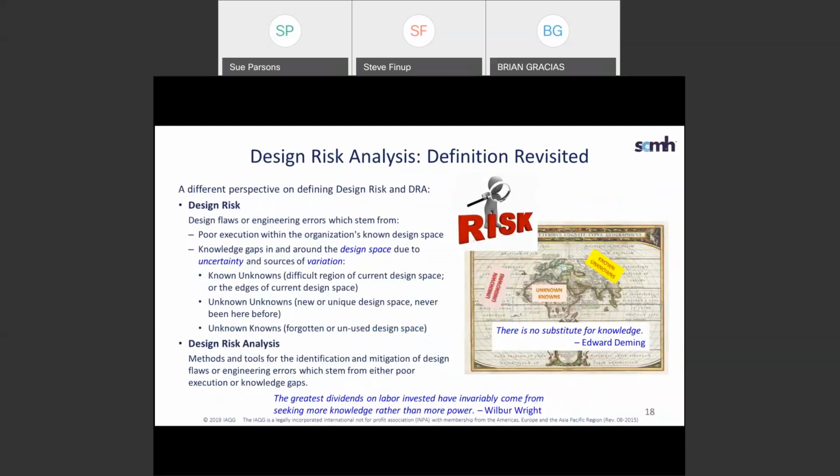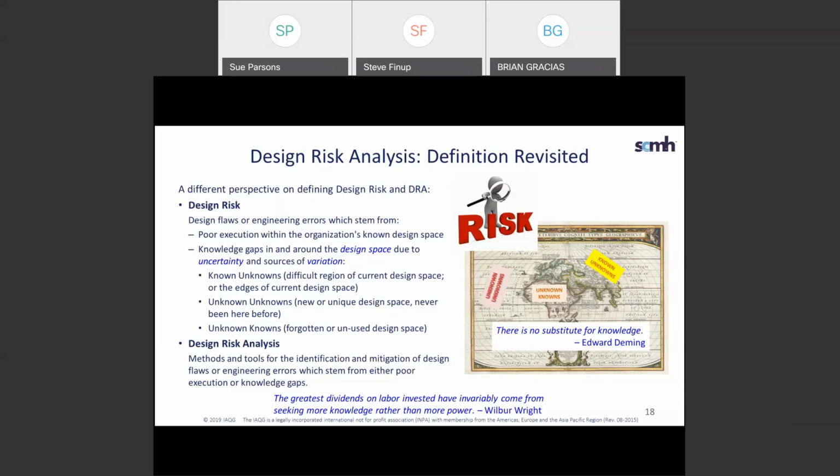Okay, so for my purposes in this webinar, the definition of design risk is really going to be centered around knowledge gaps. Gaps in your knowledge, what you do and don't know, and particularly what you don't know, represent risk. And that's the region where your design space and your knowledge space do not overlap. So your team's knowledge map might resemble those of earlier explorers, mariners, and cartographers, as the graphic on the right indicates. Your teams will need to explore their knowledge and design space much like those old explorers would set out